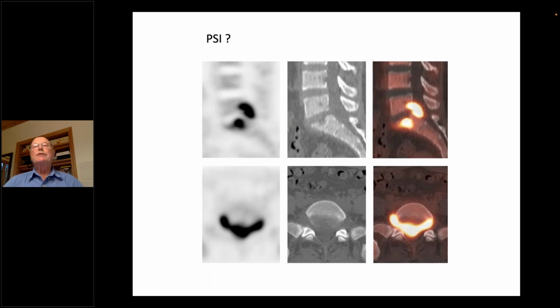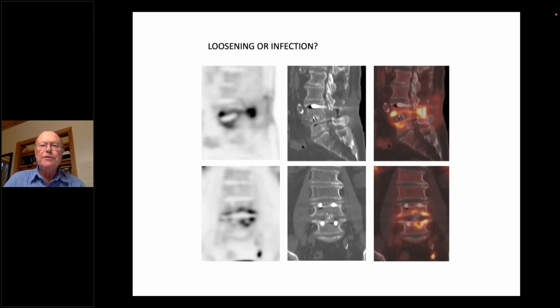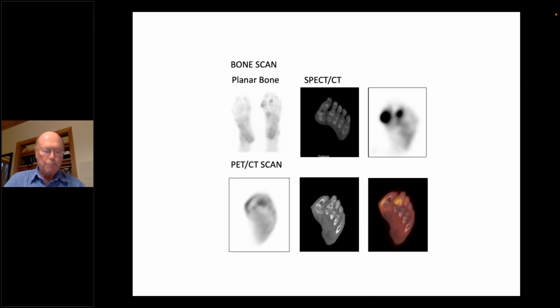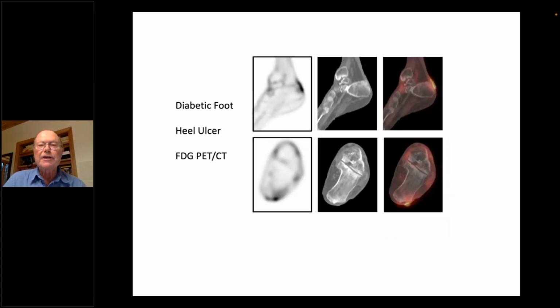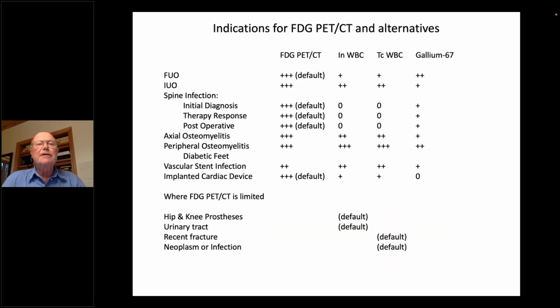Just a quick word on granulomatous infection, which spares the disc. This is brucellosis, and whenever you see sparing of the disc with infection spreading around it, you have to think of tuberculosis and basically a variety of non-pyogenic organisms. I won't get into post-operative spine infection because my time is running out, so I'll just go to the last slide, and it summarizes